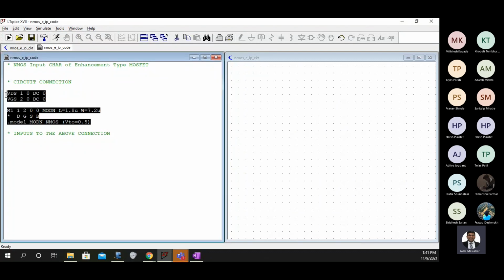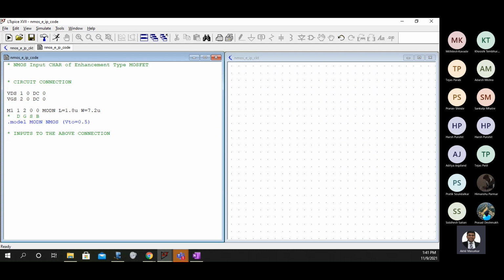So you have given the circuit description, but you are not varying anything. You said that you have connected VDS between 1 and 0, you have connected VGS between 2 and 0, but we have not yet changed them, we have only connected them.